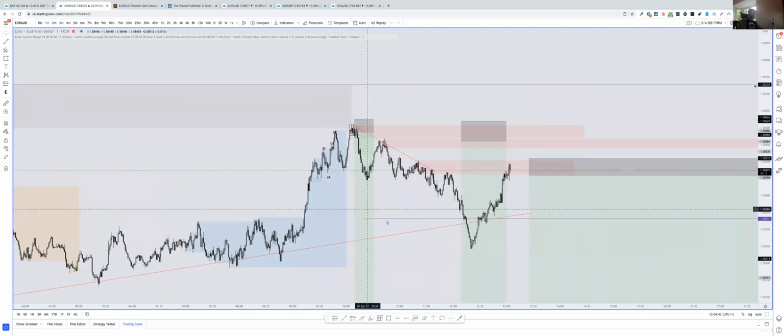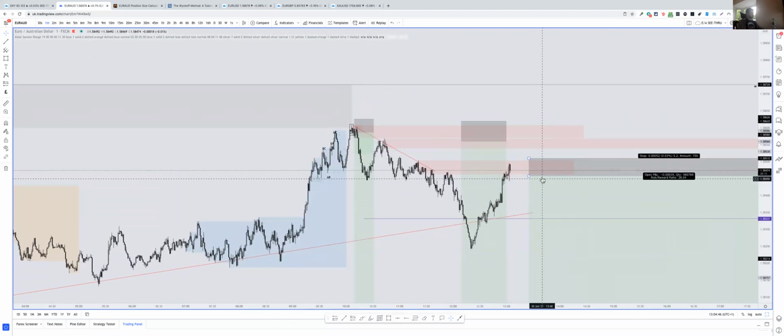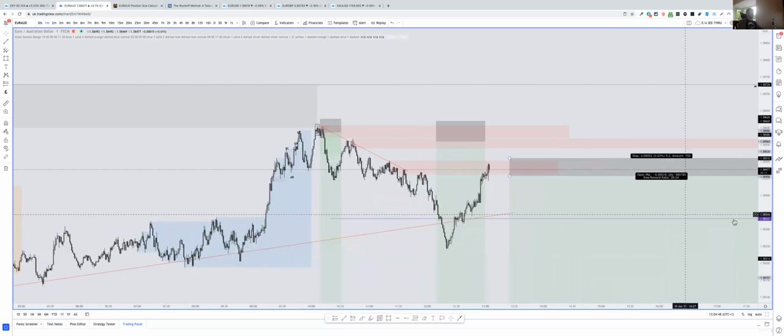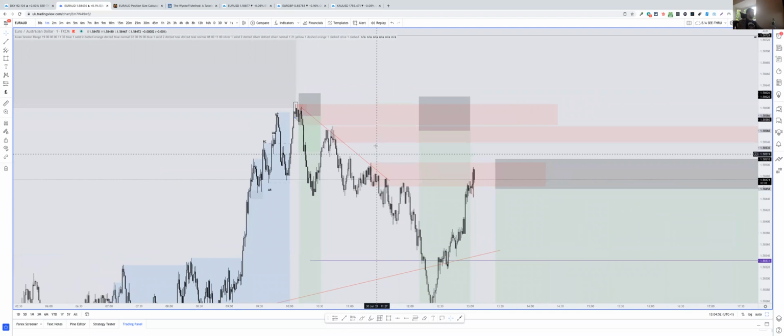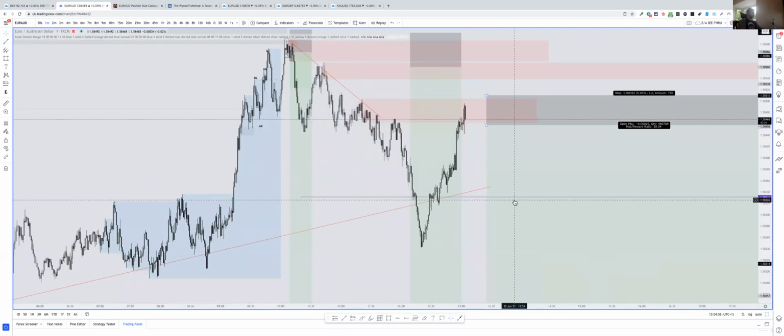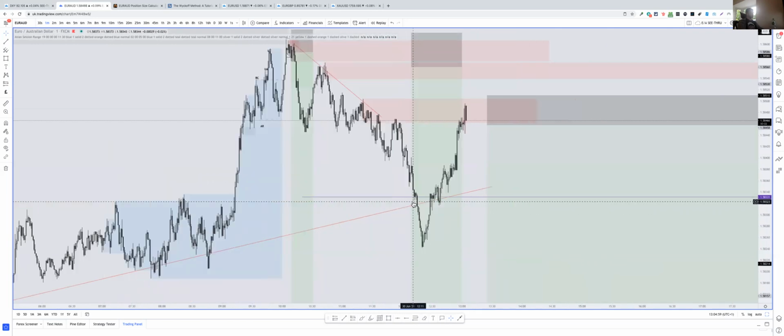Okay, so these are my 3 entries. Obviously, we're in slight drawdown here with this one. But my higher risk trades were at the top here, because obviously they're in the higher discounted region, right? So for me, it just made sense. This purple line, I took partials off because what did I expect? Where's logical price for